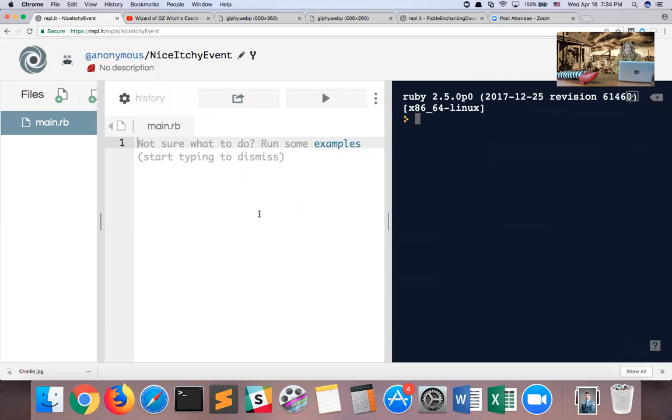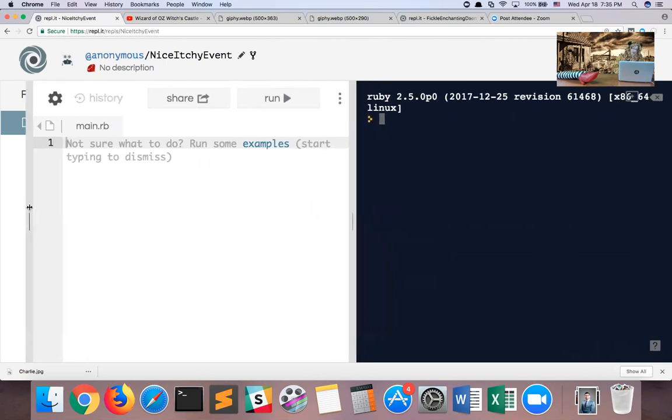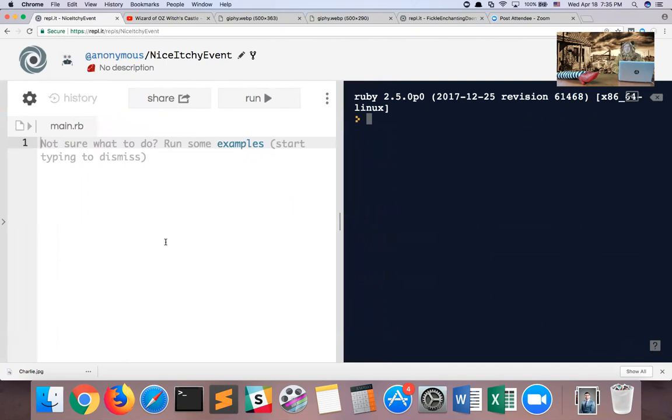Let me just walk you through the various sections in this website. This leftmost section is something we do not have to worry about, so I'm going to drag it away so it's not in our way. So that leaves us with two sections. We have this white section on the left hand of the screen, and we have this black section on the right hand of the screen. So one way anyway that you're meant to use this website is that you can type in Ruby code on the left side of the screen.